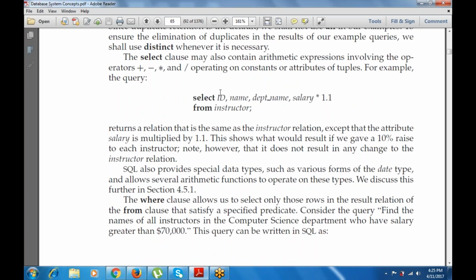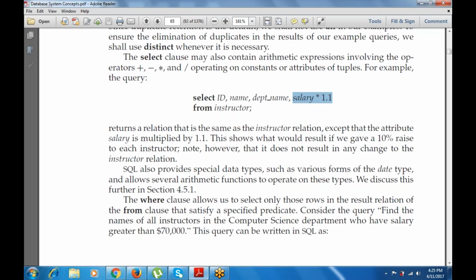For example, select ID, name, department name. These are the three fields that we are selecting. And then salary multiplied by 1.1, that is, whatever salary attribute is available in the table is multiplied by 1.1 and displayed here. One is the ID, one is the name, one is the department name, and one is the salary multiplied by 1.1